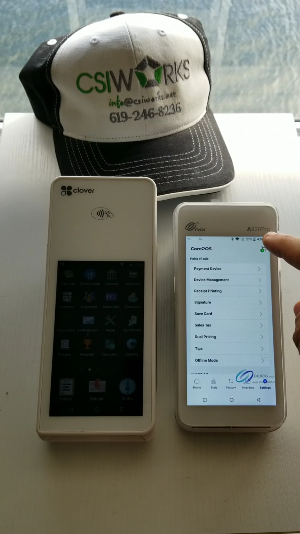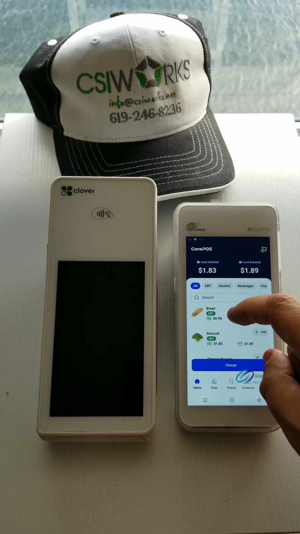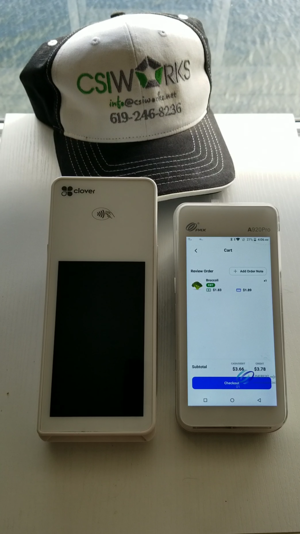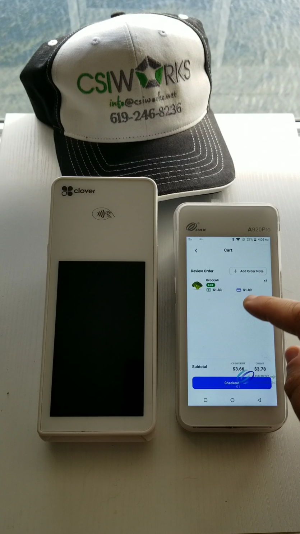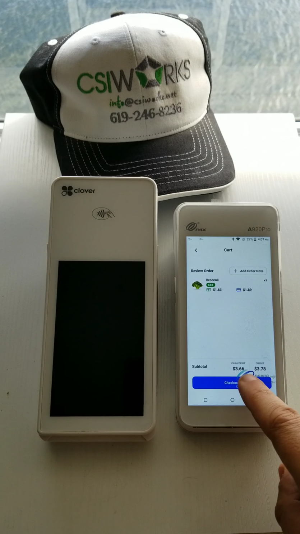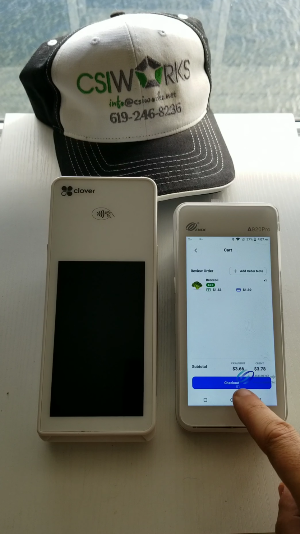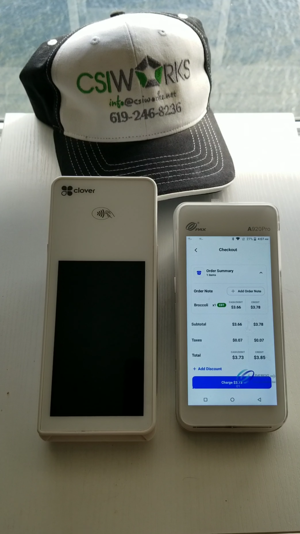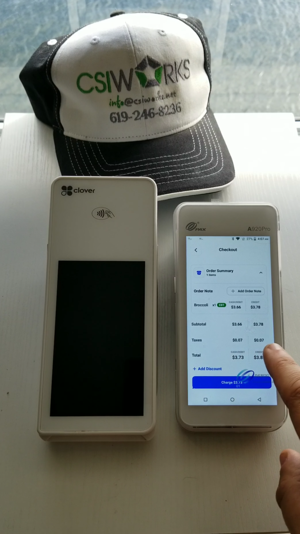Now we can go home, and I already have some broccoli, but let's go ahead and add another one. And so now we have 2 broccoli. Well, we have 1 broccoli. Here it is, right? And we have our total price, subtotal, right? So without taxes yet. But then we can go ahead and hit checkout, and we'll see that the taxes are